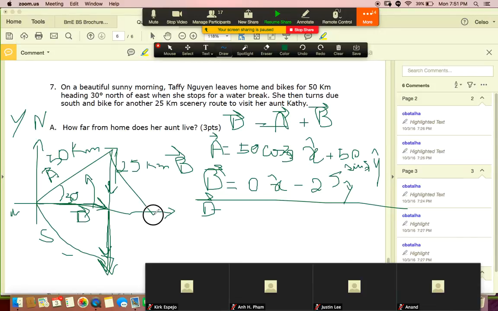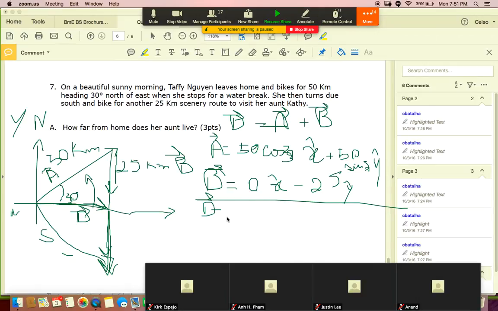You see that? If she had moved like that, she would have a Y component plus an X component. So this X component does not exist. It's not part of the problem. Got it? Okay. So then when you add those two vectors,